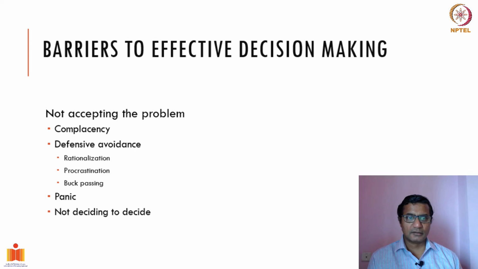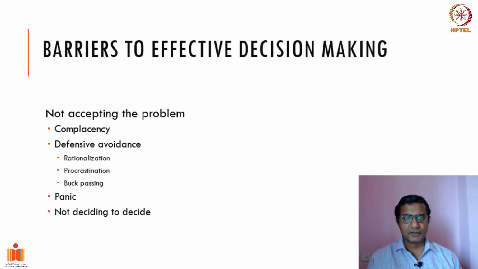The second thing organizations or individuals do in defensive avoidance is procrastination. They say, right now we don't have enough funds to address this, or maybe we will wait till next quarter so that we will change the policies. Take the same problem of attrition within 1 year. You may say, right now we don't have to do anything because there are some issues, we'll wait for 6 more months, things will change, or the market will pick up in the next quarter, so we will wait. This is procrastination, delaying the decision making.